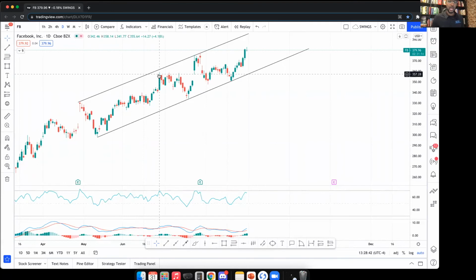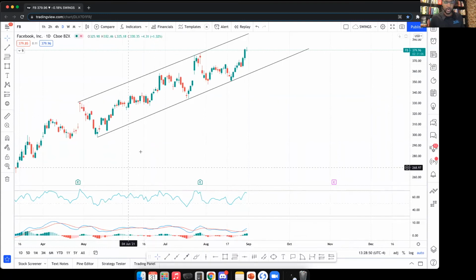Even if it moves sideways for a few days like it did back here from June 1st all the way up until June 22nd, June 23rd, this little range right here, sideways movement, where the price just moves sideways inside this little price range,